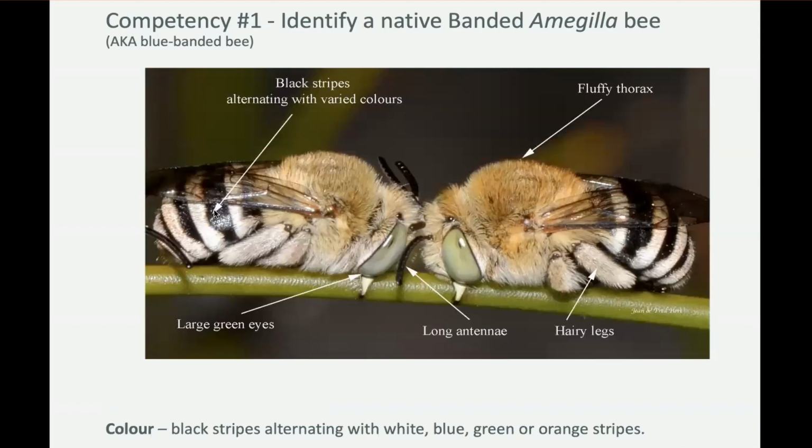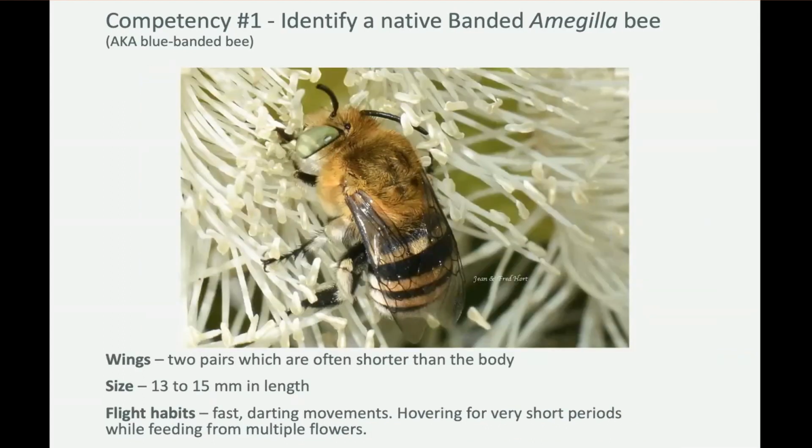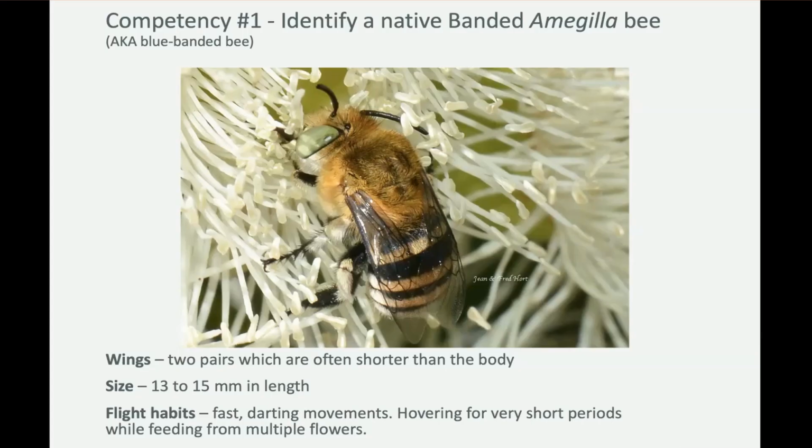They've got black stripes with a variety of colours, and their legs are quite hairy. The wings, they've got 2 pairs, but sometimes it is difficult to tell whether they've got 2 pairs of wings or not. So it is hard, especially when they're moving really, really fast. And also when they're resting, they actually tuck their second wing behind the small one. But if they're at rest, you can often see that the wings are a little bit shorter than the end